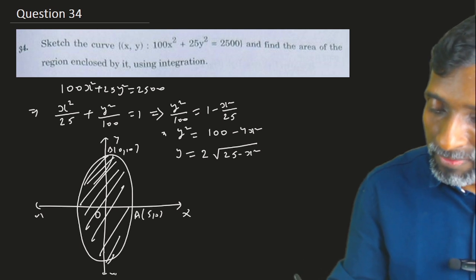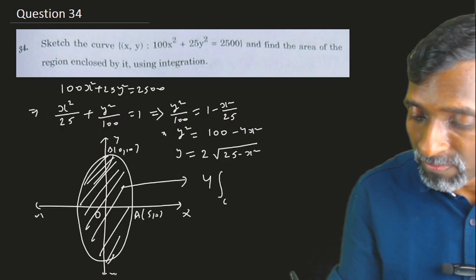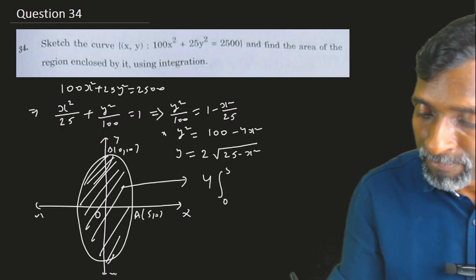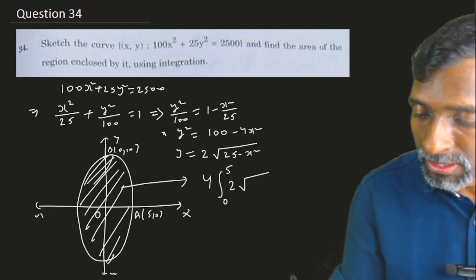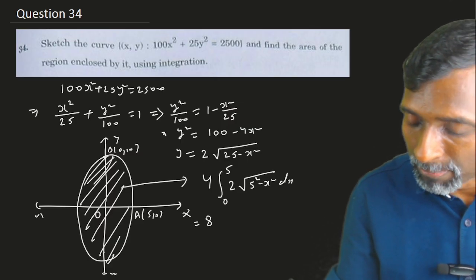and multiply it by 4. The whole area can be written as 4 times the area of OABO, which is the integral from 0 to 5 of 2 multiplied by square root of 5 square minus x square dx. So it is 8 multiplied by